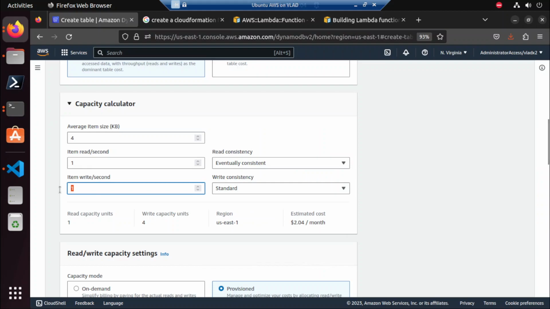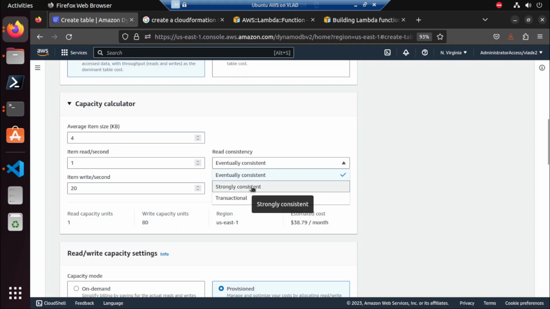So if we change this to how many items, like 20 items per second, it's going to be 20 times 4. So 20 times 4 equals 80, right? Right, so that's it. 20 times 4 is 80. And if, for example, here, this is for the eventual, and for the strongly consistent read,